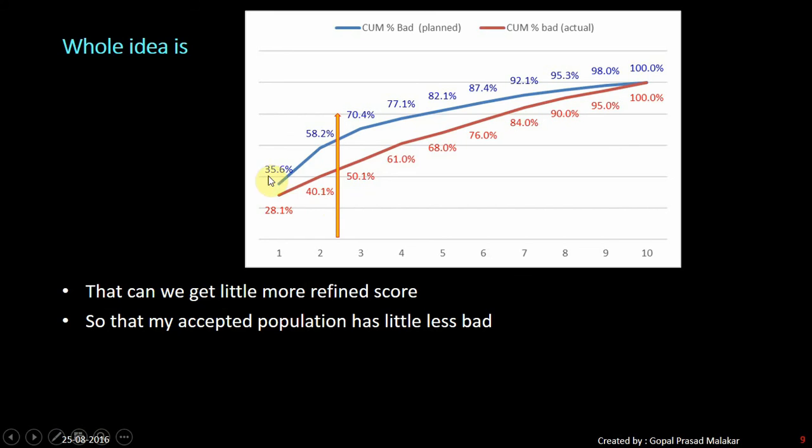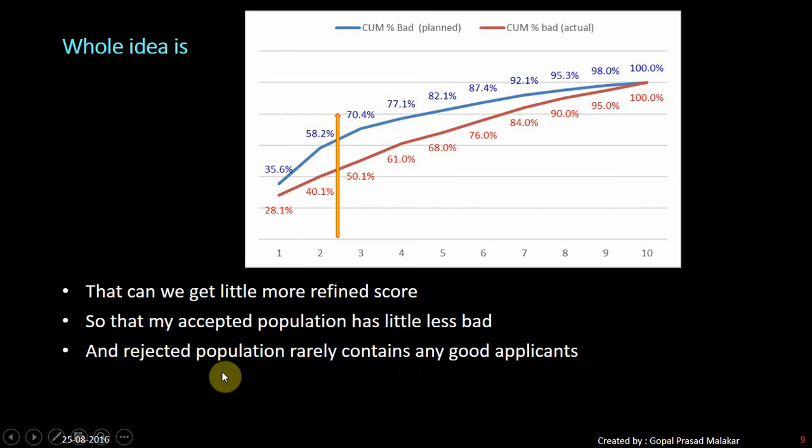Why? Because if you look at the first 2 deciles, right now you are rejecting 40.1% of the bad. In this case, you'll reject 58.2% of the bad. So obviously, the rejected population rarely contains any good applicant. That's what you want, and you accept a little more good.